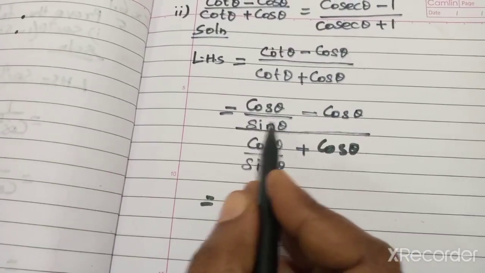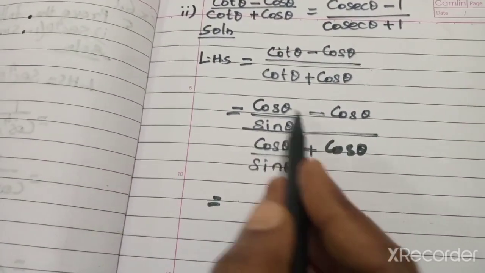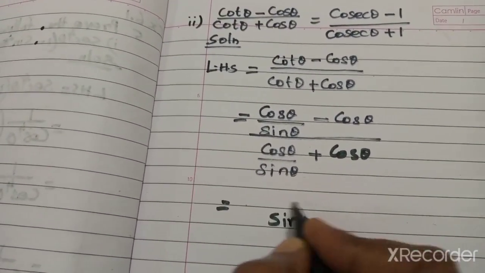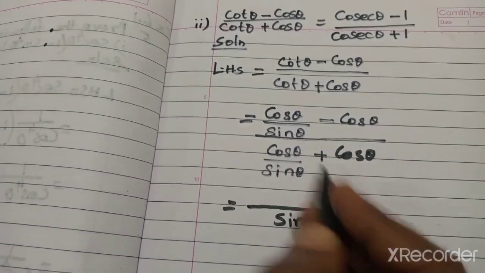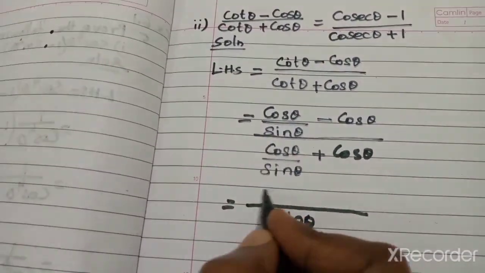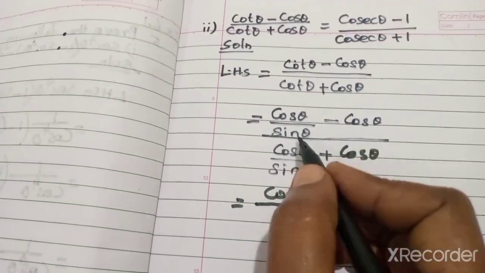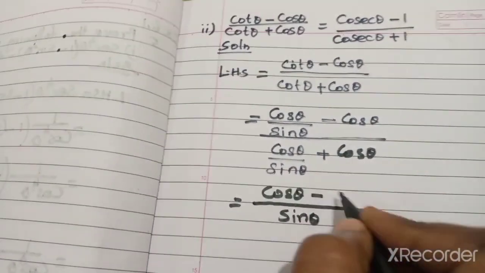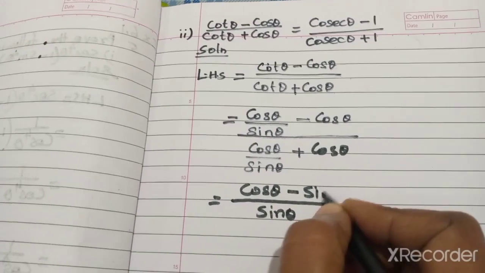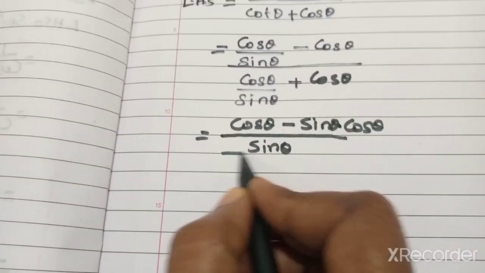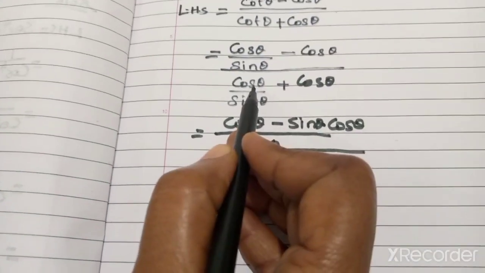What is the LCM of the numerator? Sin theta is the LCM. So here it can be written: cos theta minus sin theta into cos theta, sin theta cos theta divided by,